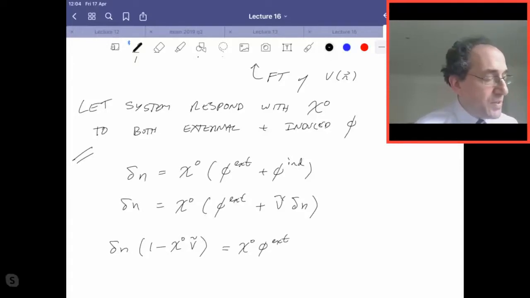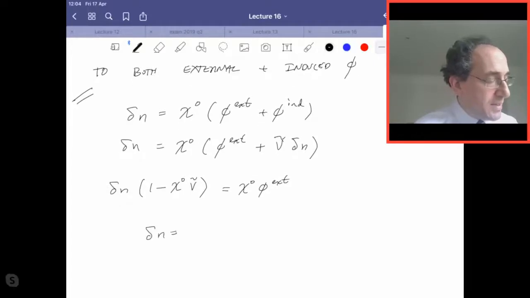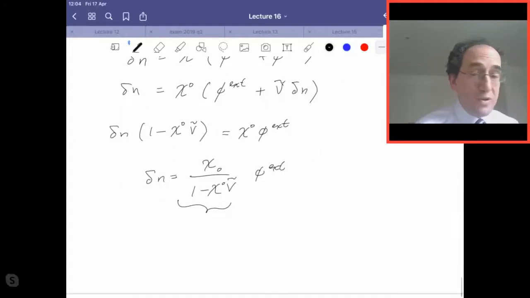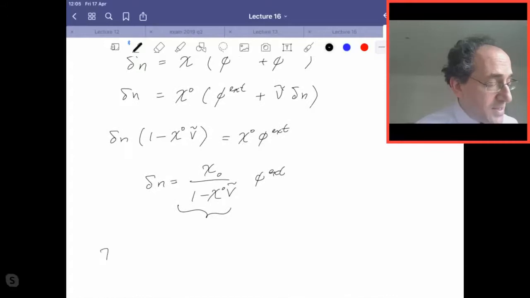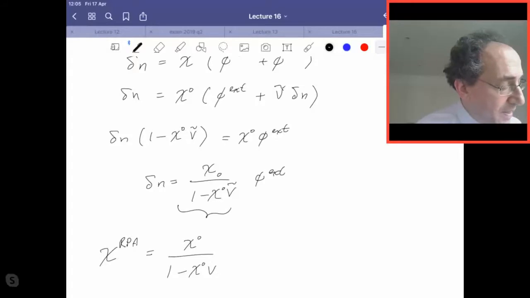And so delta n is then chi naught over 1 minus chi naught v twiddle times phi external. And this quantity here is our total response function, the response to the external potential, and it's known as chi RPA, which is chi naught over 1 minus chi naught v twiddle, and RPA is known as random phase approximation,